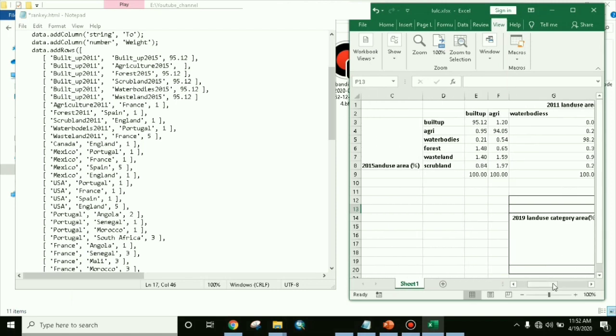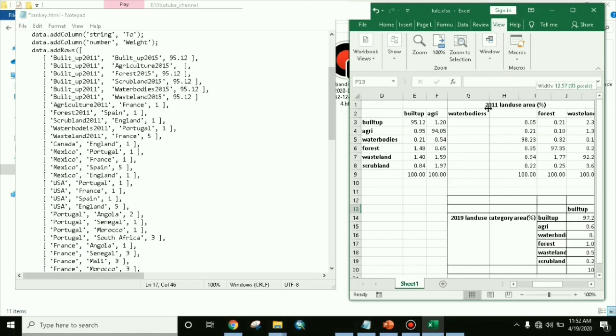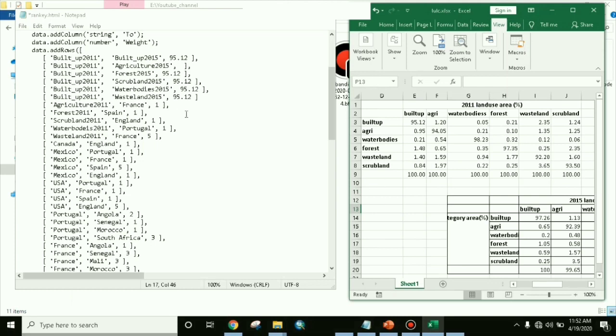Okay, now from built up to built up, now from built up to agriculture 0.95, so 0.95.